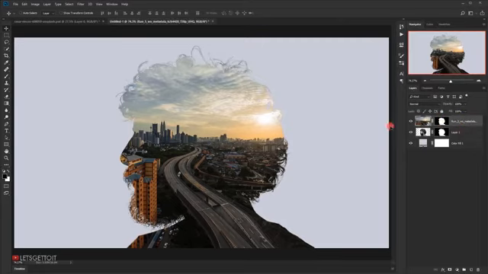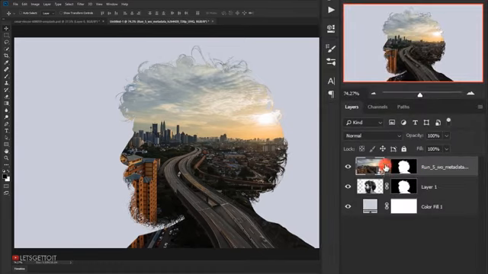we have the same layer mask applied on this video file too. Now I'm gonna unlink this chain that we have in between the video file in here and the layer mask. So I will just one click on this chain and it will disappear, which means that there is no link anymore. Now the reason why we did this, so we can adjust or move this video file alone,